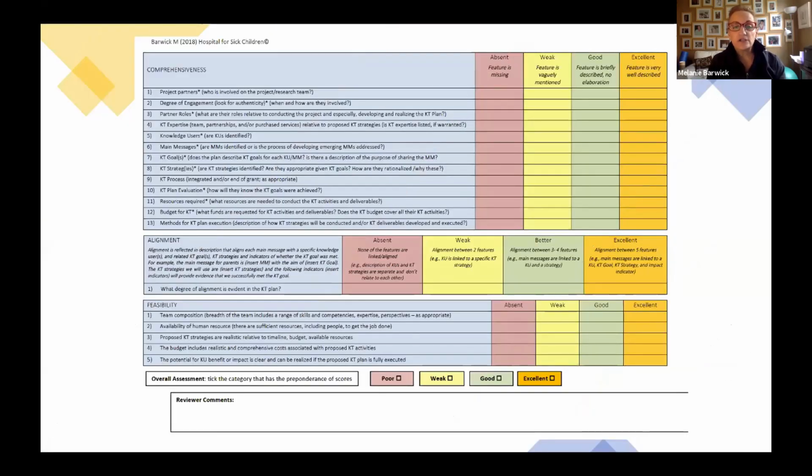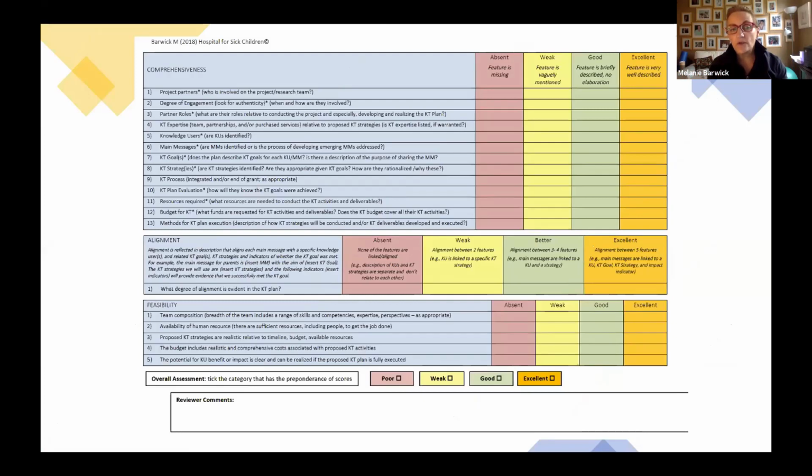I developed a knowledge translation appraisal tool, and I'm sorry if it looks teeny tiny here, but please feel free to go and pick it up and have a look at it on your own. But it gives you an idea of a tool you could use to assess your own quality. So I'm diverting it here from the companion tool just to make the point about alignment and quality of KT